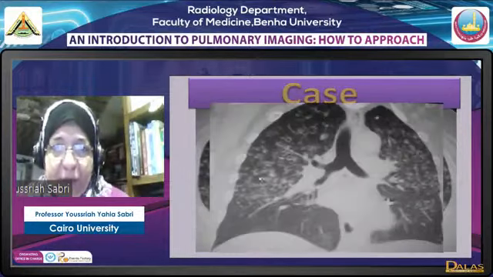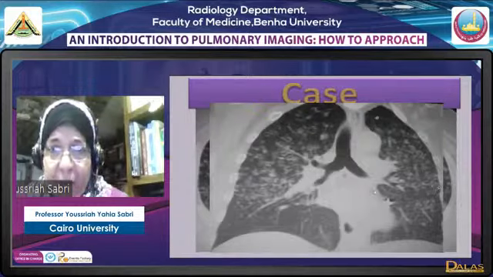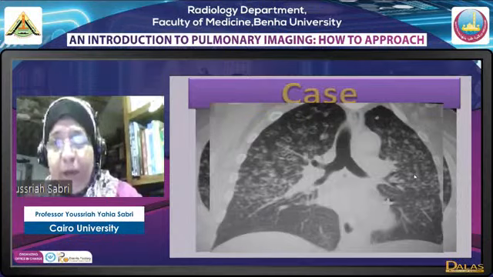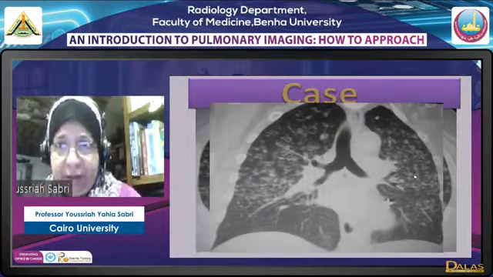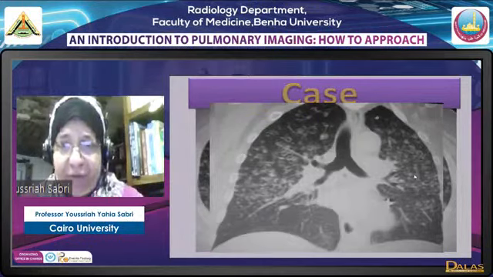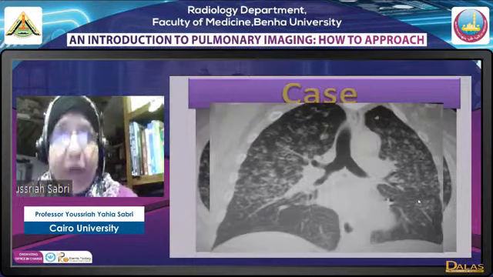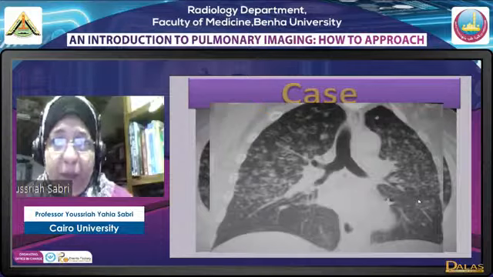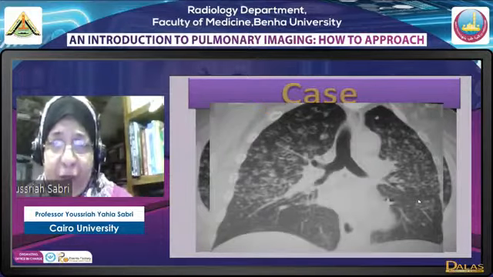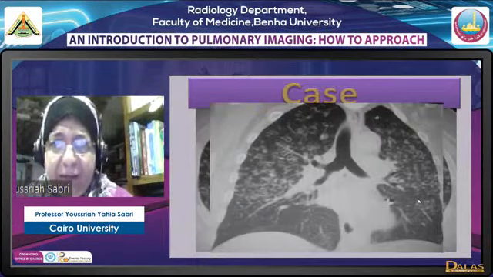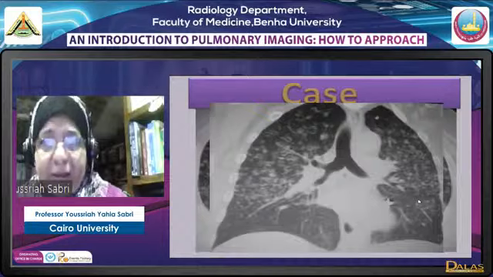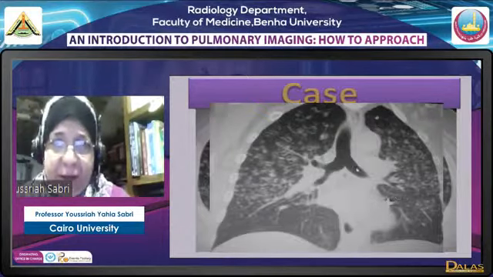If we look at the coronal reconstruction images, we'll see that these lesions are upper lobar in distribution. So we have bilateral, fairly symmetrical disease, okay, and we will come to this later, having signs of interstitial disease or chronic diffuse infiltrative disease. The lesion here is nodules with cavitation. This case was a case of pulmonary Langerhans cell histiocytosis. Pulmonary Langerhans cell histiocytosis starts by being nodules, okay, centrilobular in position, and then they cavitate and they change into cysts. We usually see them in the phase of being cysts, upper lobar cysts, rather than this early phase of